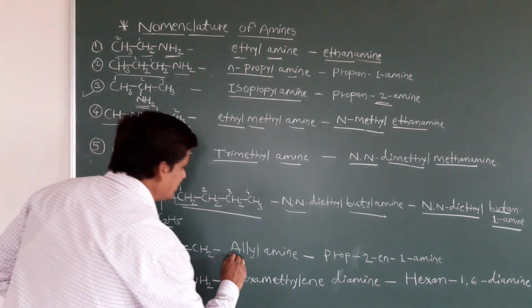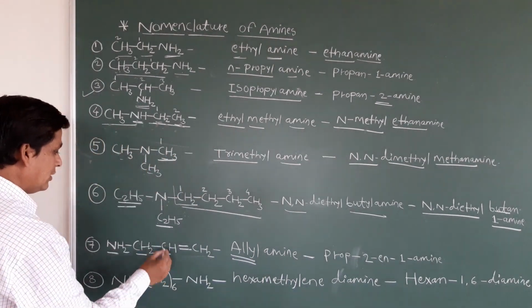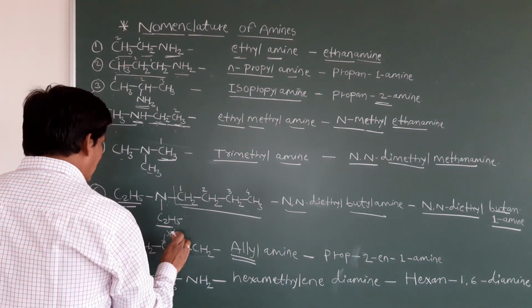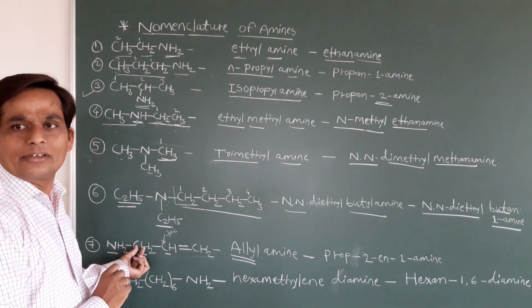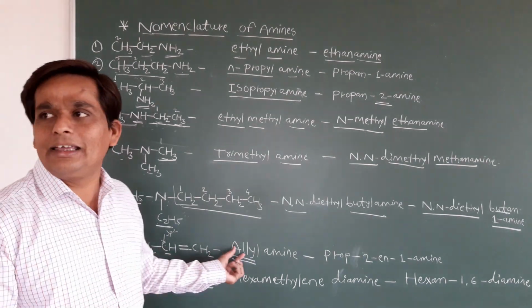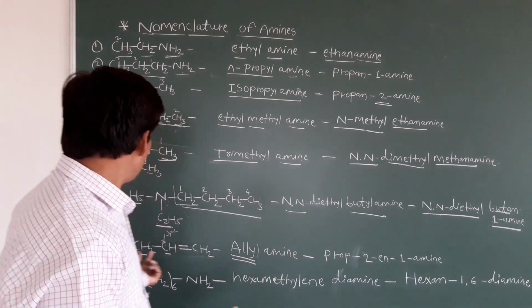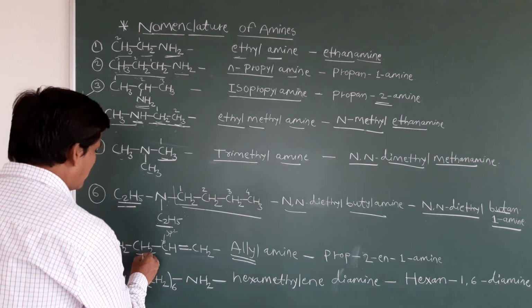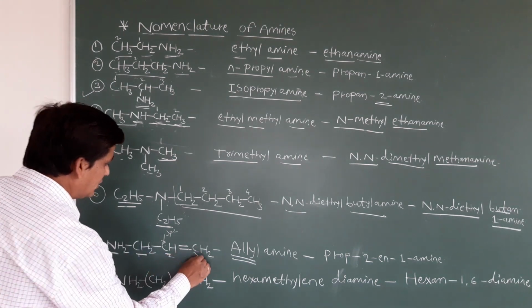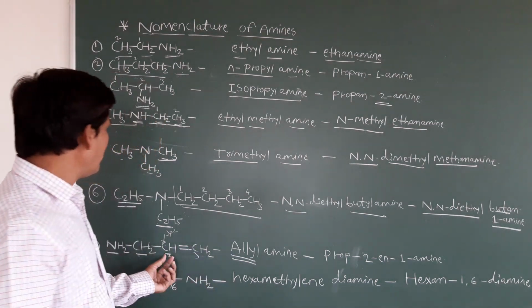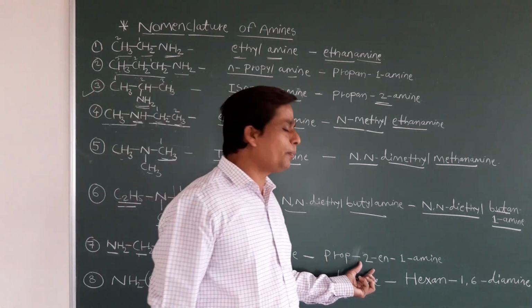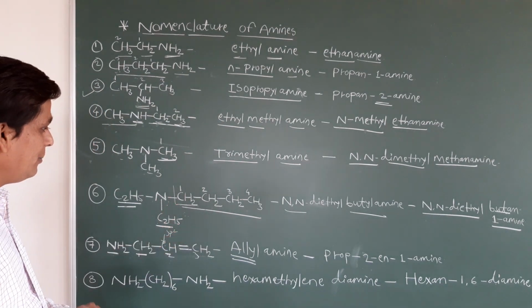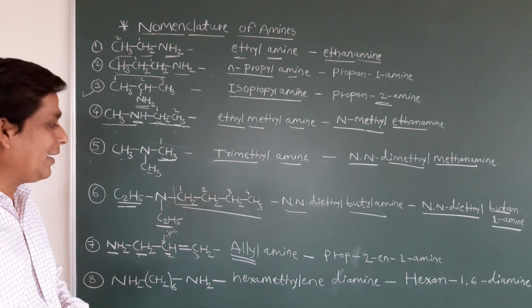You already discussed this concept. Okay, so which hybridization is this? This one is sp2 hybridization, and this one is sp3 hybridization. Okay, this is an allyl group, allyl amine. So what is the common name? We can say this is allyl amine. And how many carbons are here? Counting the carbons, 1, 2, 3 carbons means prop, and on the second carbon a double bond is there, so we can say prop-2-en-1-amine. Now clear, students, how we can give the naming? Prop-2-en-1-amine.